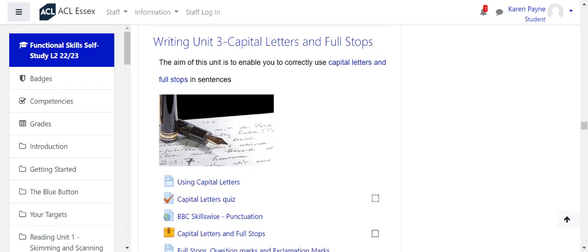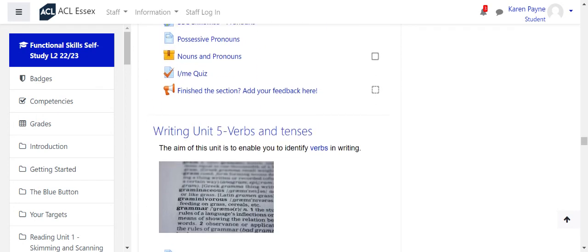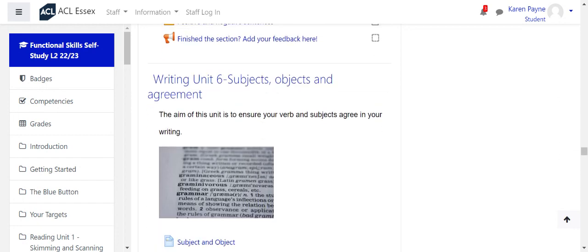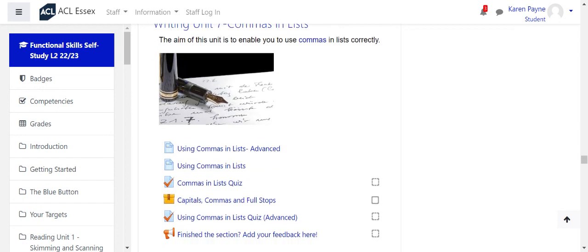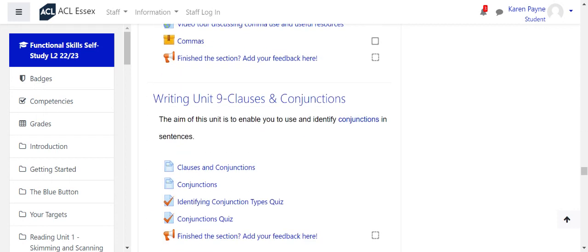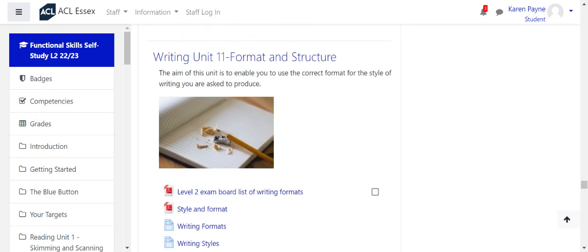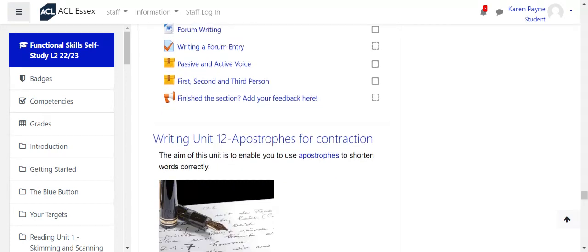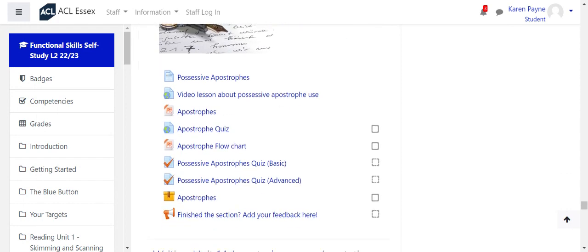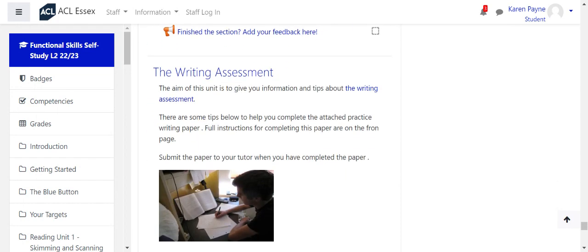You work your way through the writing units. Plenty of information based on grammar and punctuation. Again, some of you will need perhaps more time on this than others. My feedback will help with that. You work your way through the final sections until you get to the last part, which again is the writing